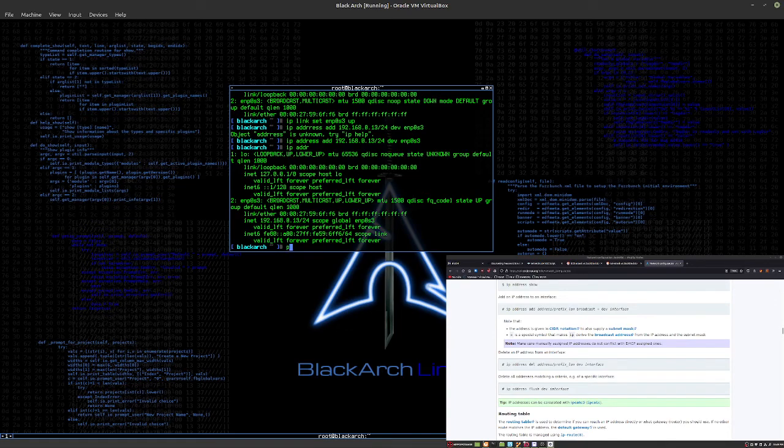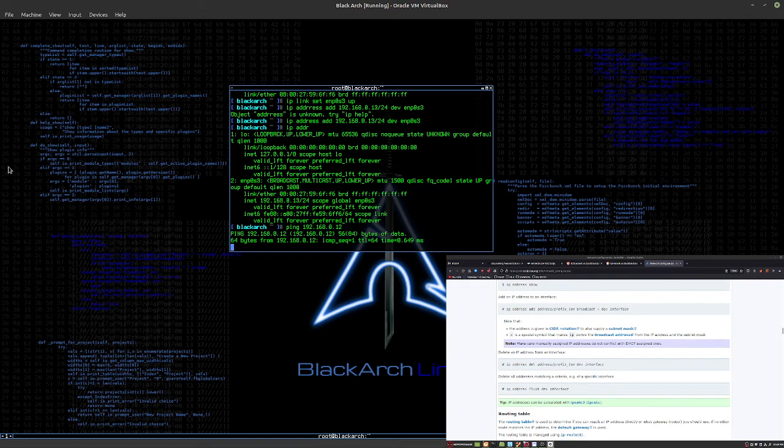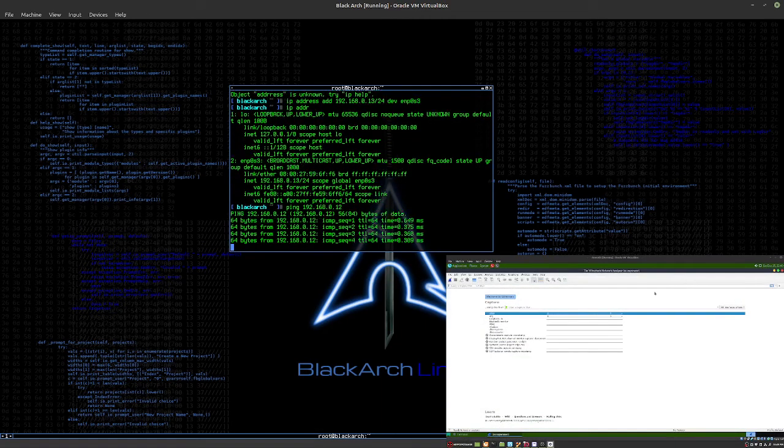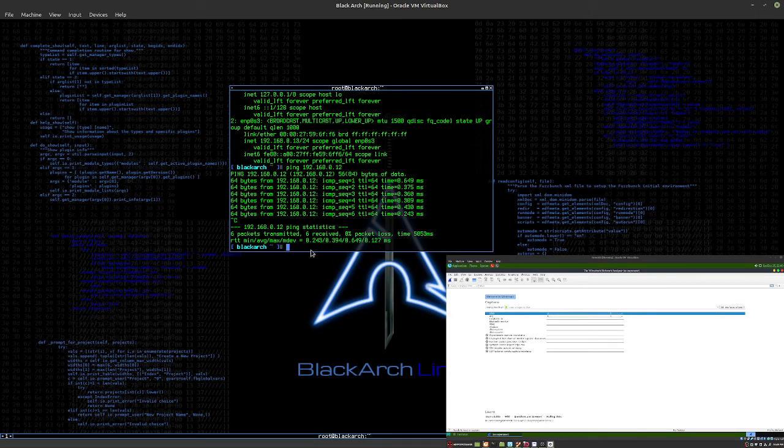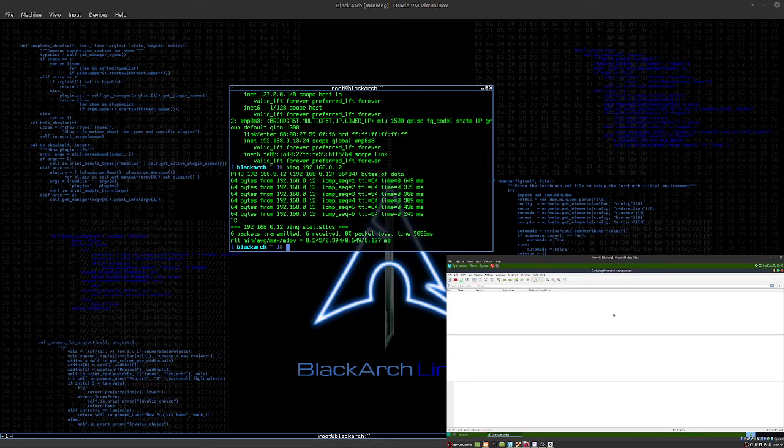And we can ping the victim machine 192.168.0.12, and we should get a ping from the machine. So that's great. Now, what can we do from here? I'm pinging the other machine, and I can see a little bit of network activity there. I'm just going to start a capture, and I'm going to go to my BlackArch terminal and use Telnet, and then go